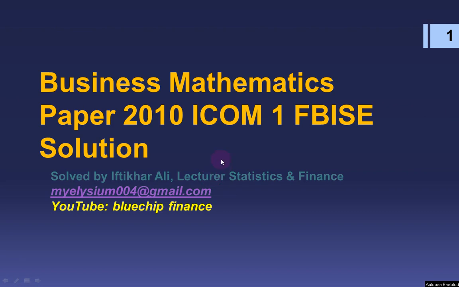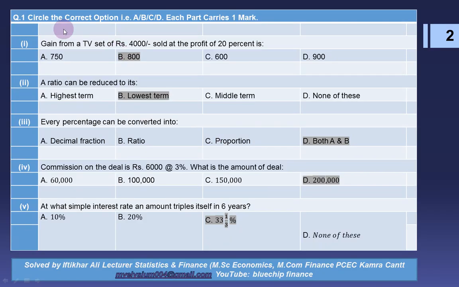Okay, students, so let's start to solve the Business Mathematics paper 2010, I.Com Part 1, Federal Board of Intermediate and Secondary Education. First question is about the MCQs. First one: the gain from a TV set of rupees 4,000 sold at a profit of 20% is